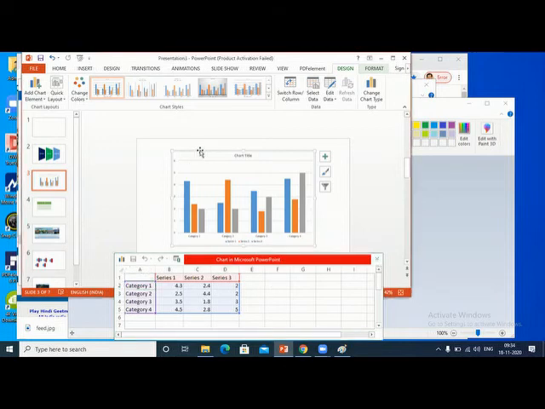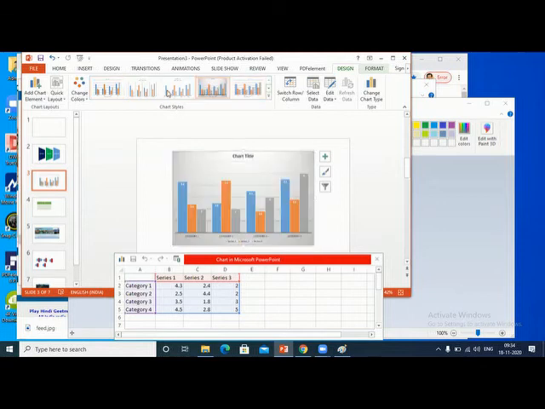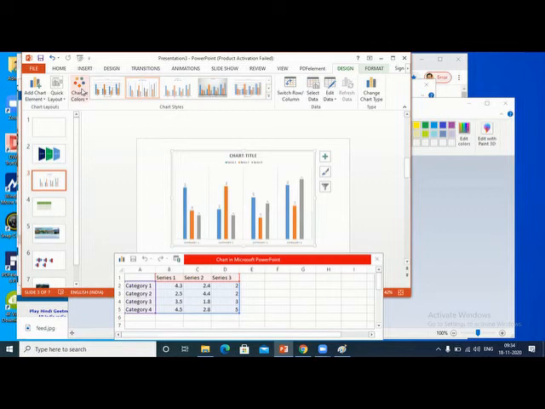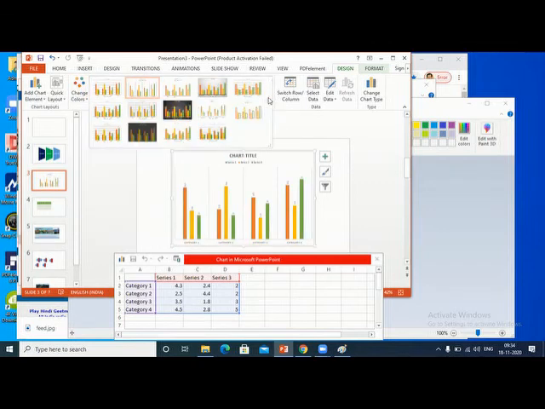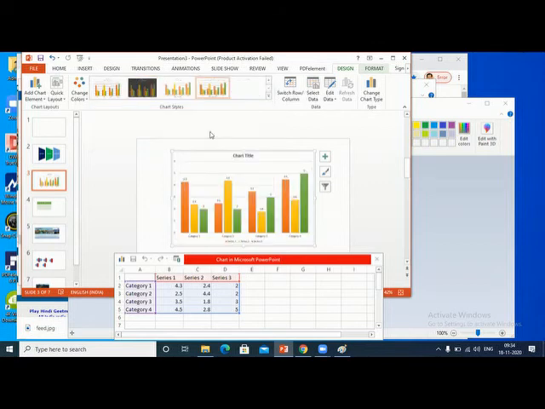And this can be used with different type styles. Different styles are there. You can change the color also.